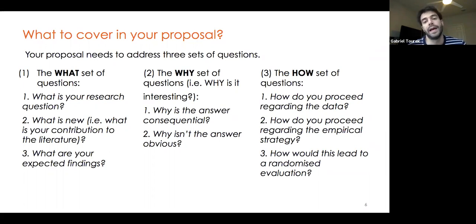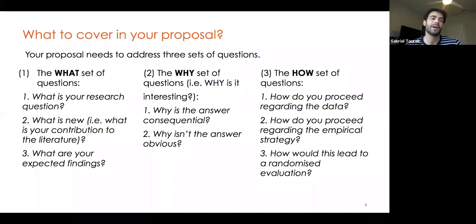Or it could be relying on administrative data that is generated through government records or other sets of records. So ensuring that you can actually measure the outcomes of the research question you want to study is important. And then second, the empirical strategy is very important. So to make sure that you can identify the impact of the intervention or program that you're evaluating